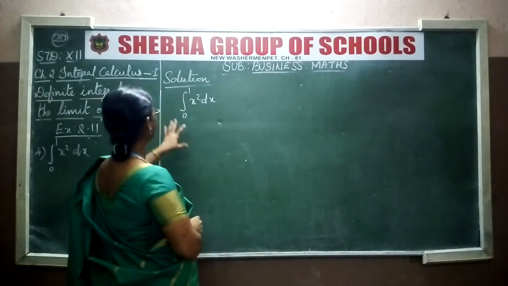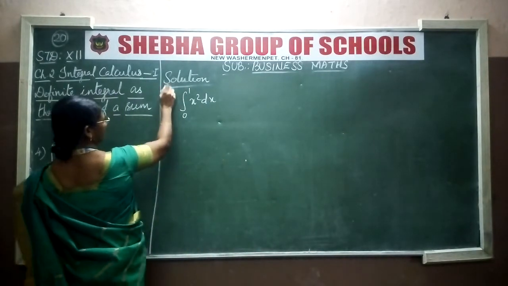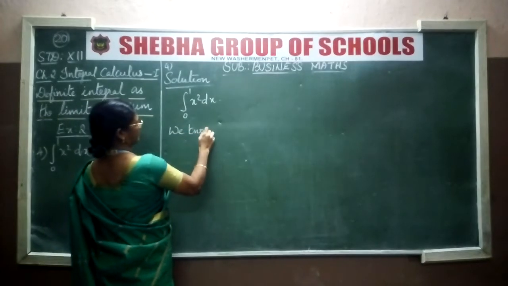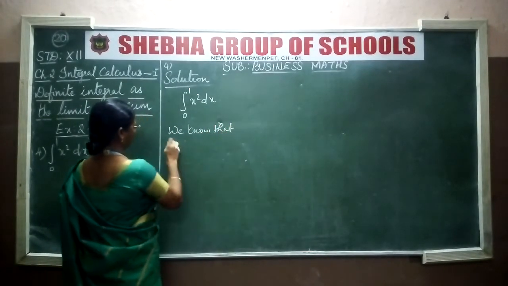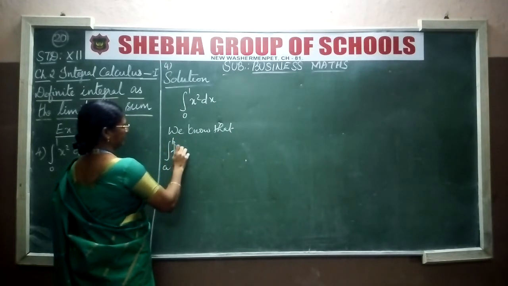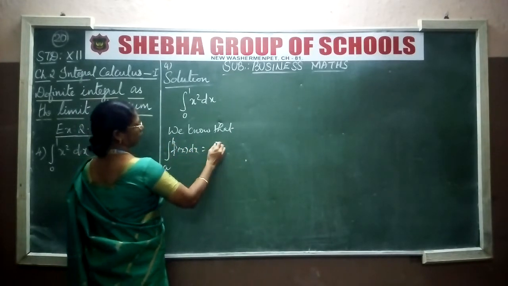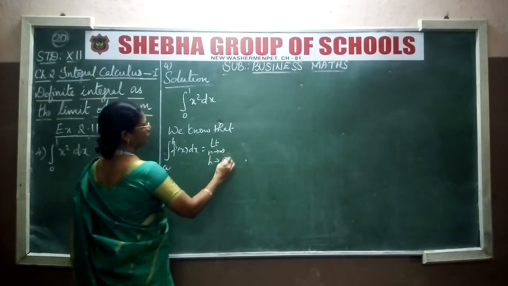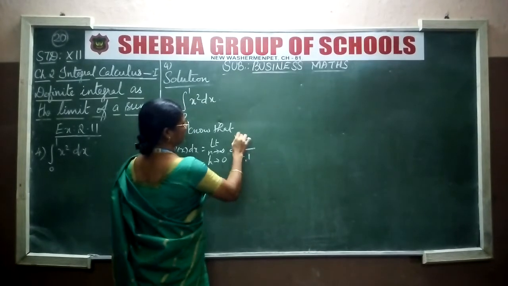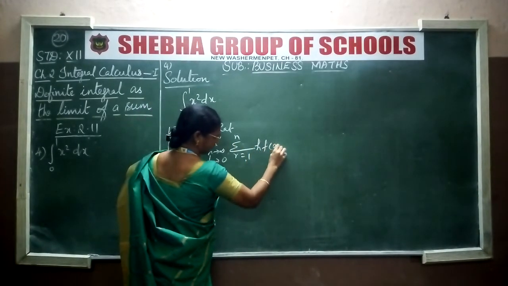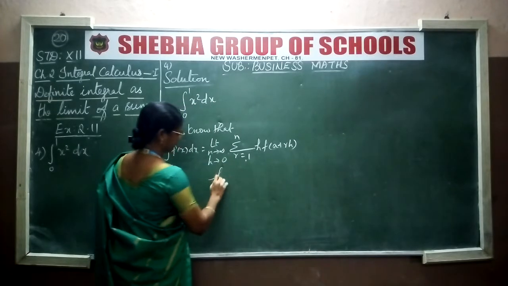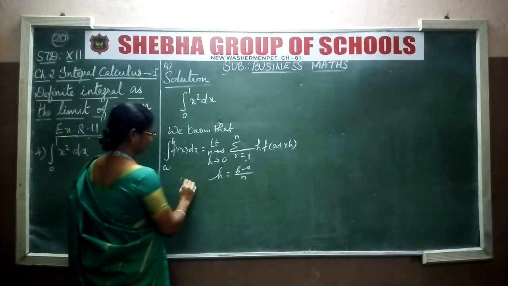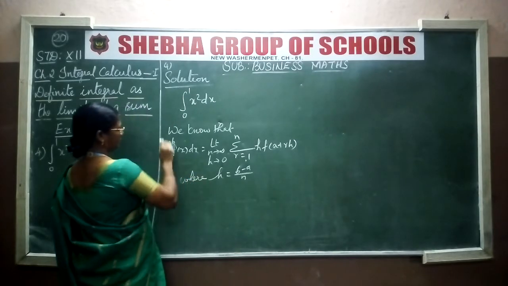And next let us see the fourth sum. First write the formula. The formula is integral a to b f of x dx equal to limit n tends to infinity and h tends to 0, sigma r equal to 1 to n, h into f of a plus rh, where h is b minus a by n. This is our h. Okay,